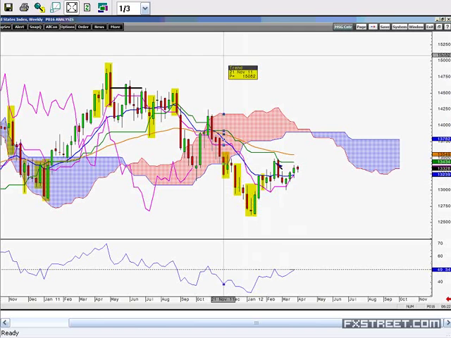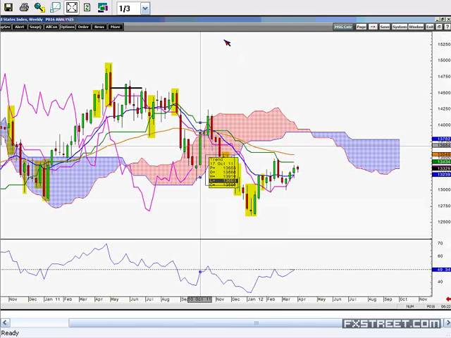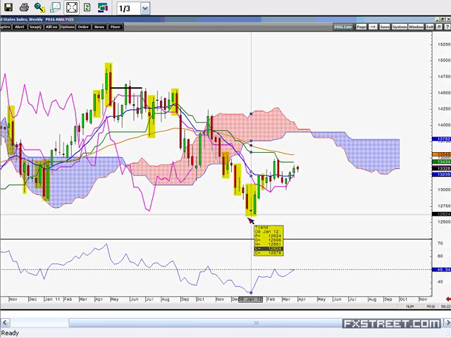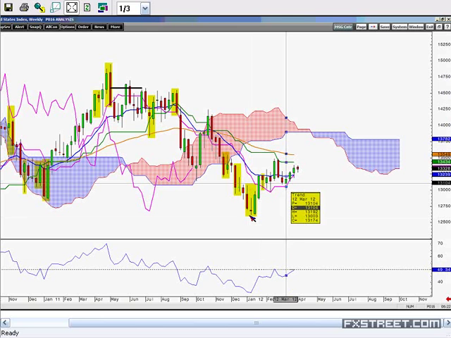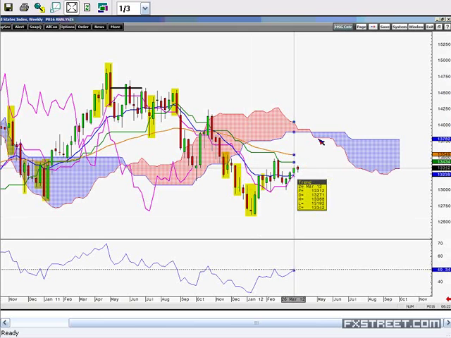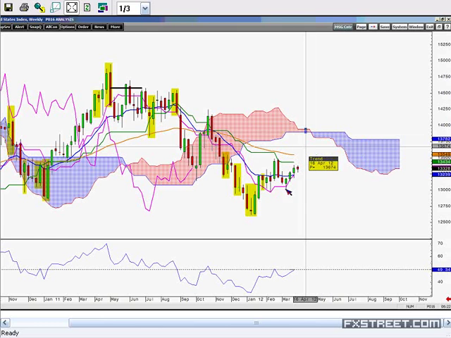Okay, and then we've seen this move back up. So now we've got a bias. Okay, we've had one move up. If this is a correction, which I'm not sure that it is at the moment, I think it might even be a longer, stronger trend higher. But if it is a correction, then it should form in three waves. So we should have 1, 2, and then 3. A perfect ABC correction